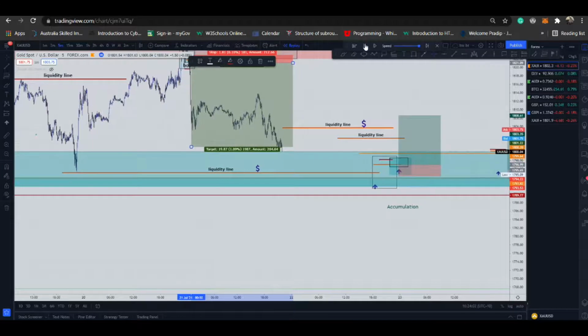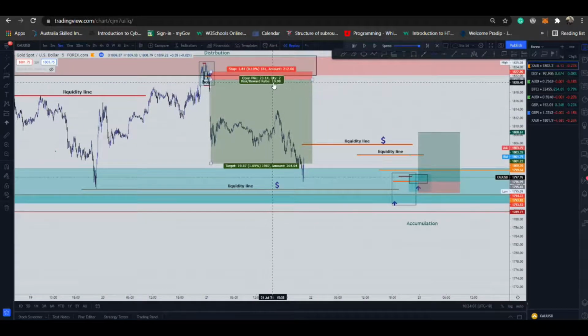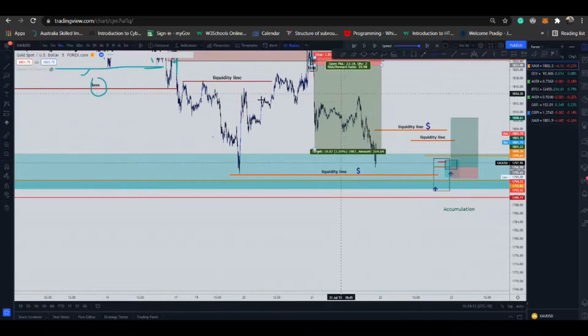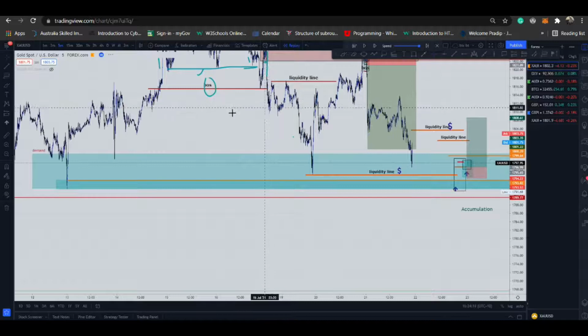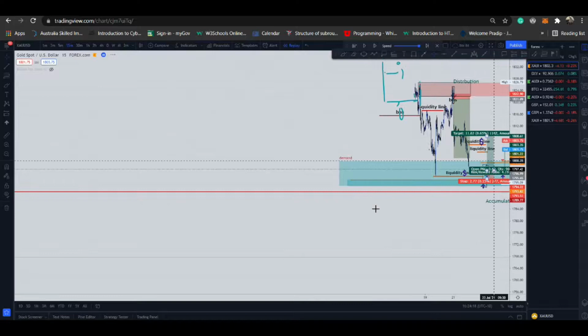Now it hit my target. Okay, my target was hit over here, so that's how I cashed that. Actually it was 11, something like that. So a 10.9 RR trade. I caught this trade. It was a so smooth trade, and now over here I was looking to buy this trade because this was my